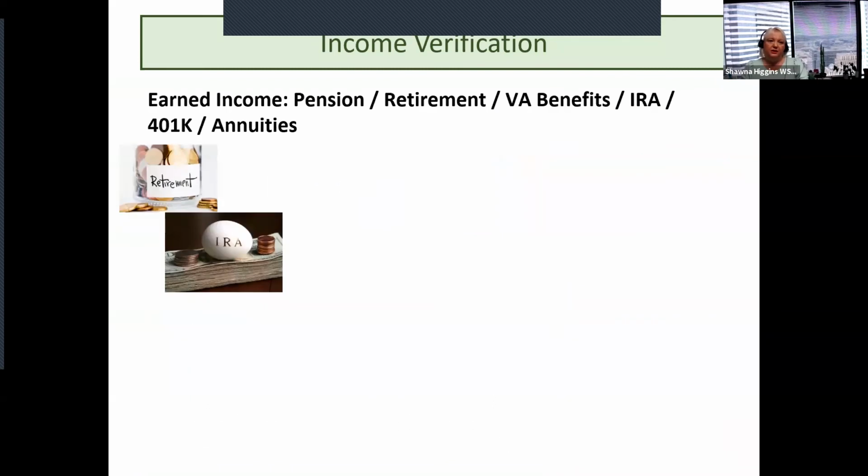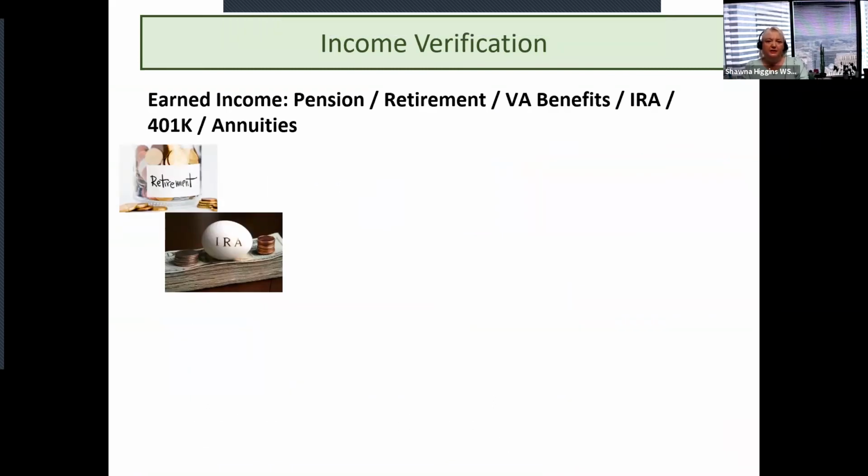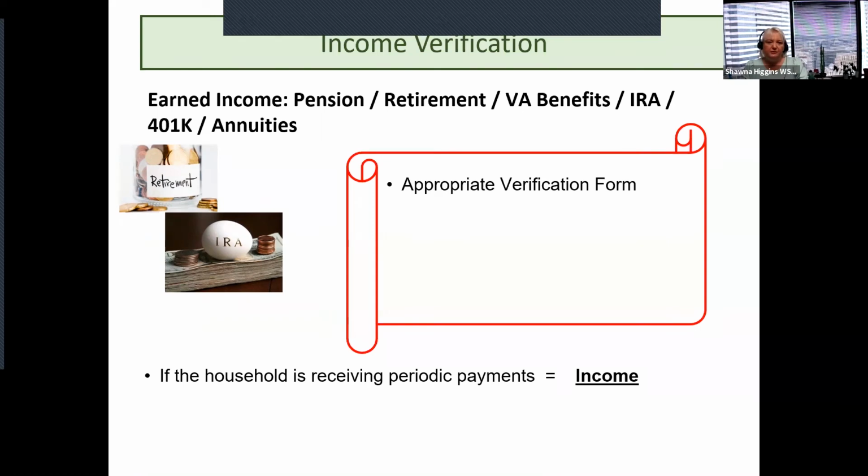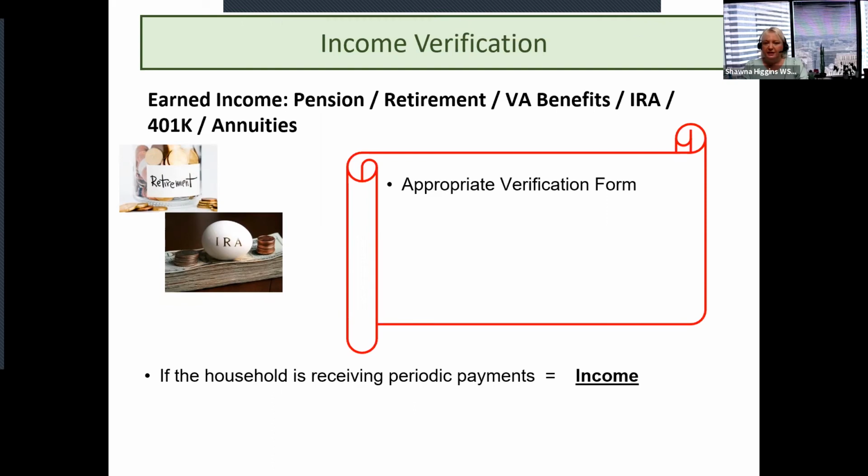All right, so earned income, pensions, retirement, VA benefits, IRA, 401k, annuities. If the household is receiving periodic payments, it's going to be income, meaning that it's known. It's going to be coming every month. Appropriate verification forms. So for instance, on this one, you just need to get the verification form from where they're